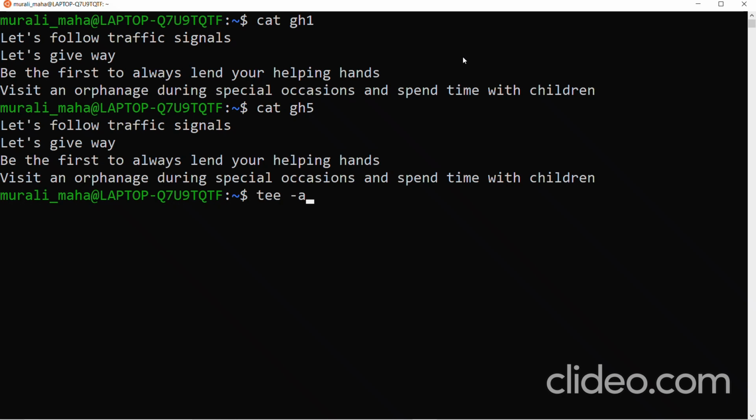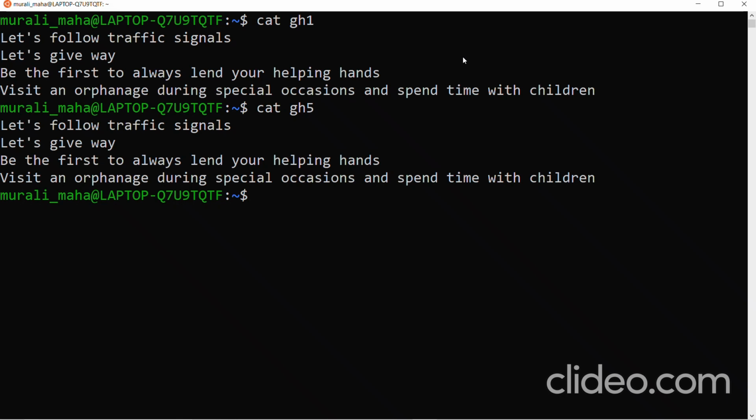Okay, so let me recap whatever we have learnt about tee. The tee command's speciality is that whatever input it reads from the user, from the keyboard, it sends the output to the monitor as well as the file specified as argument.